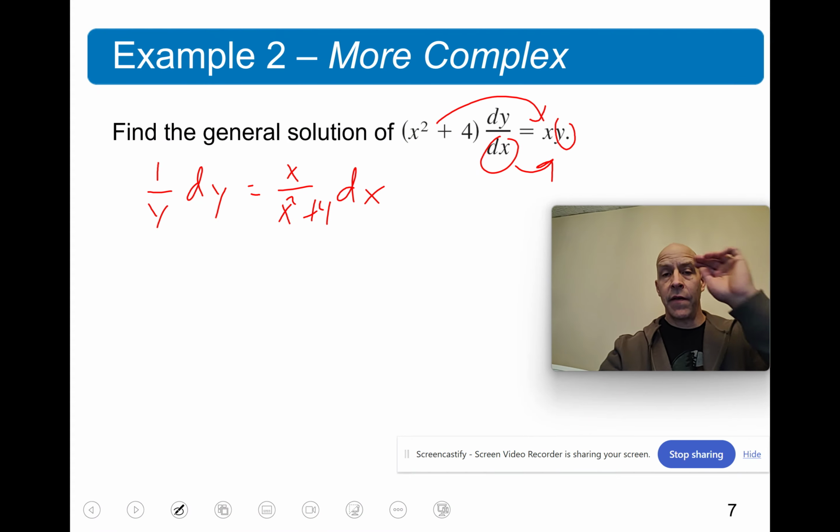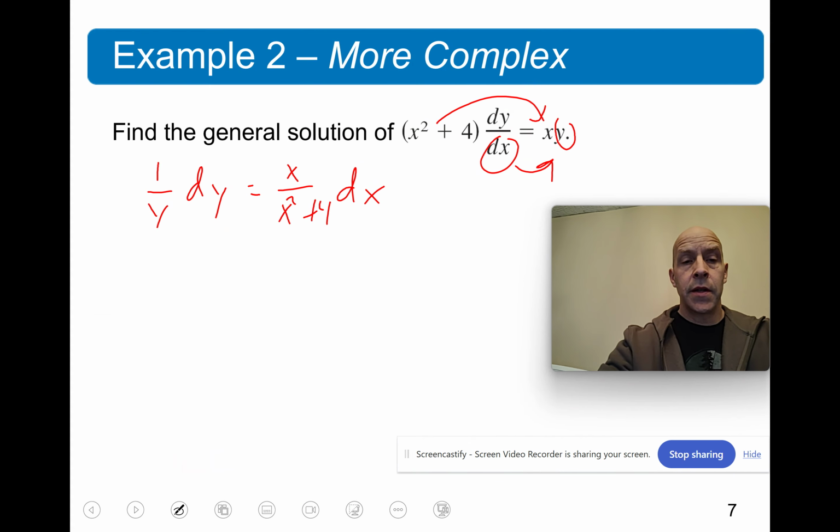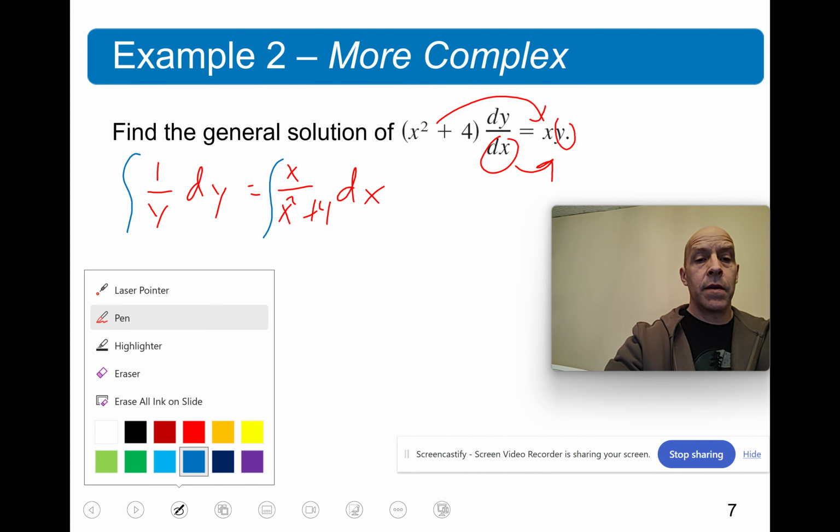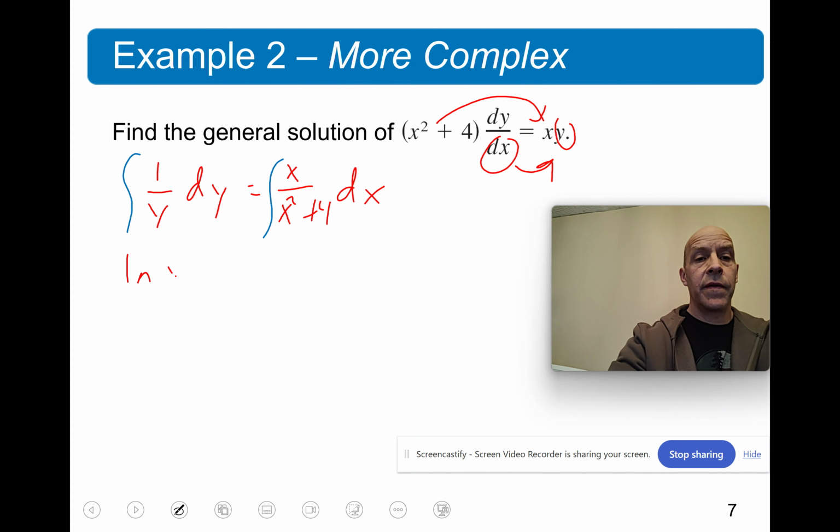So here in this very first, most important step, I have now separated all my variables. I've got y's on the left and x's on the right. So now we can integrate. We're going to integrate like this. And so we're going to get the natural log of the absolute value of y equals, we're going to have